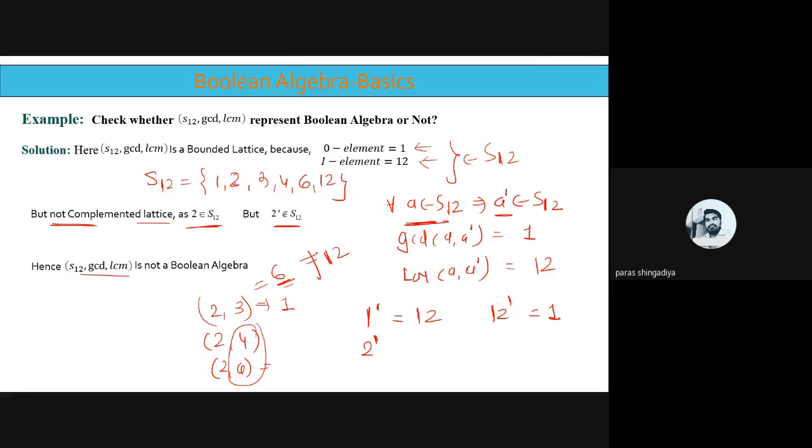Clear? And that type of question is asked for 2 to 4 marks theory, जिसमें आपको कोई counter example find करना है, and based on that counter example you can directly say that it is not a Boolean algebra. ठीक है, सिर्फ आपको एक वैल्यू डिराइव करनी है कि जिसका कॉम्प्लीमेंट डिफाइन ना हो. ठीक है, and based on that we can say it is not a complemented lattice, and therefore it is not a Boolean algebra. Clear? Simple question. Consider S12 with GCD and LCM, and here we cannot derive the complement of each element. Okay, and therefore it is not a complemented lattice, and therefore it is not a Boolean algebra. Clear? That is the solution of the second question.